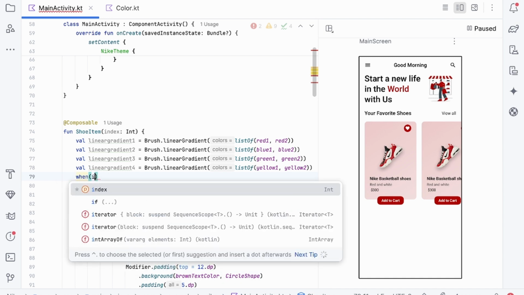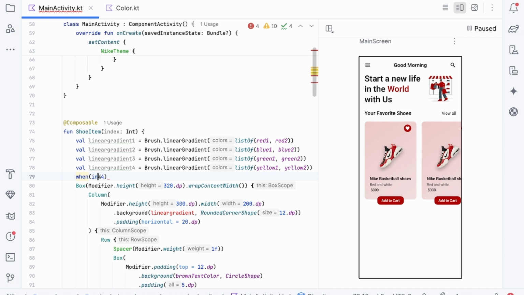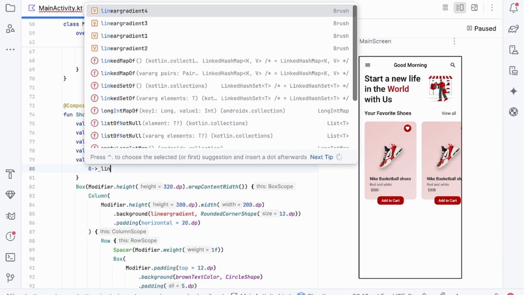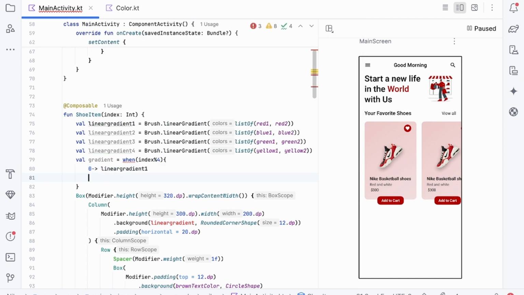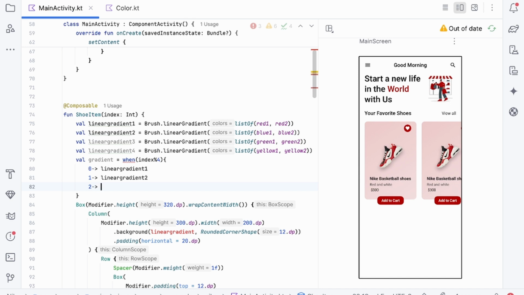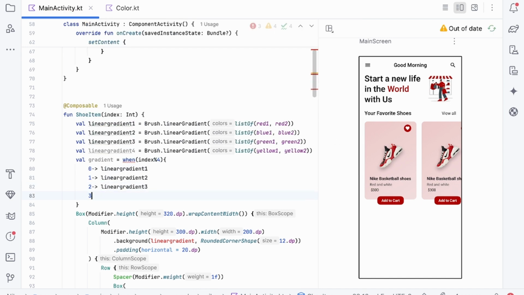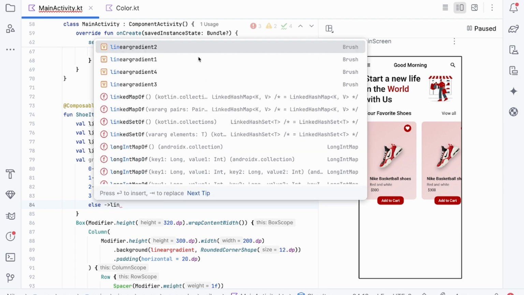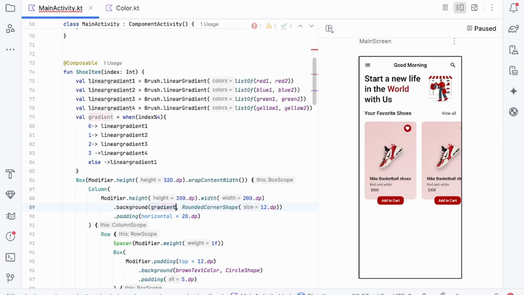When I divide by 4, which is index divided by 4, in the case of 0, linear gradient 1, 1 linear gradient 2, 2 linear gradient 3, 3 linear gradient 4, else linear gradient 1. There was a gradient here,